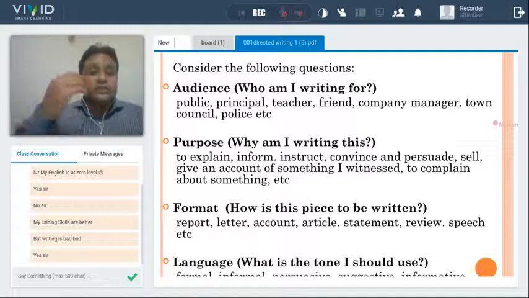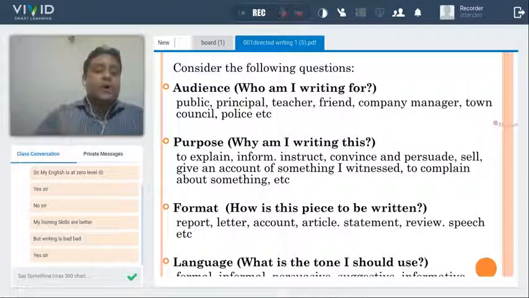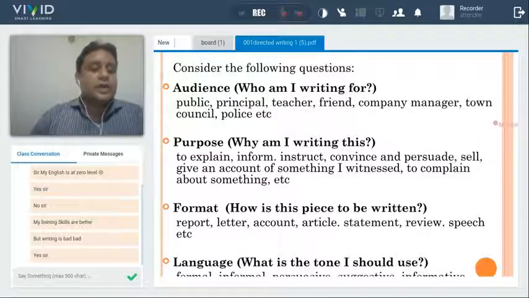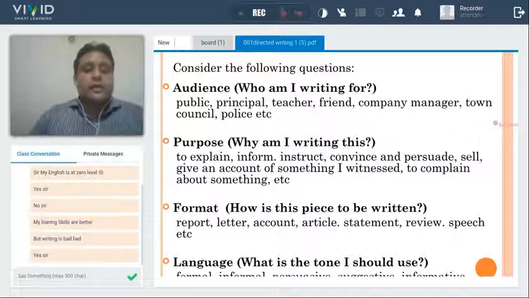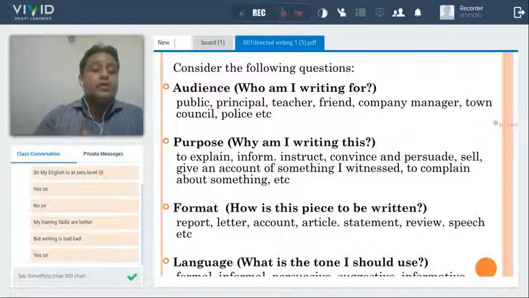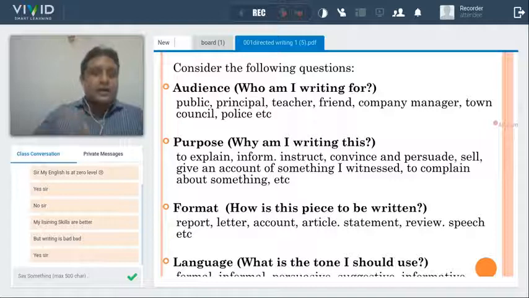After reading the question, these are the questions that we need to ask ourselves, and we need to take out this information from the question, and that information we will use to answer the question. For example, we read the question, right? And upon reading that question, the first element that we need to dig in, that we need to consider, is the audience. We will ask ourselves,